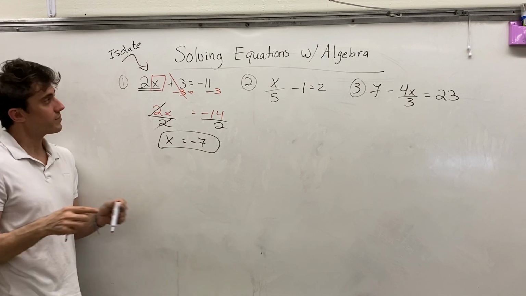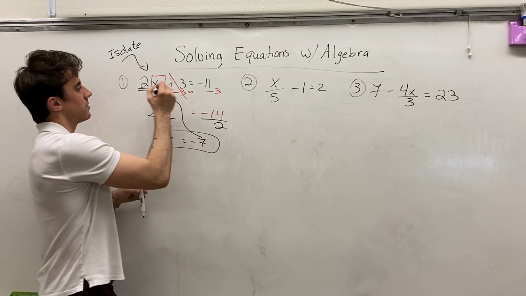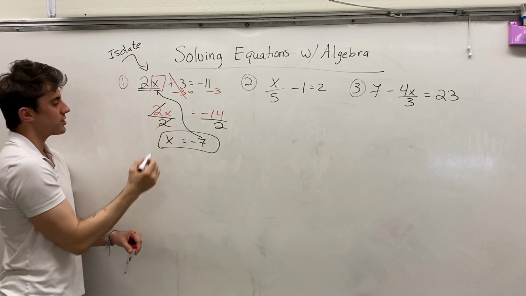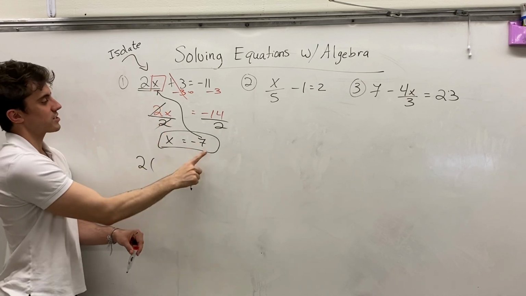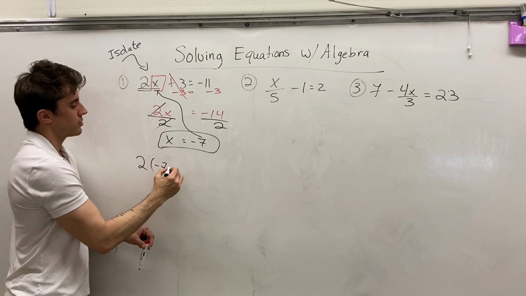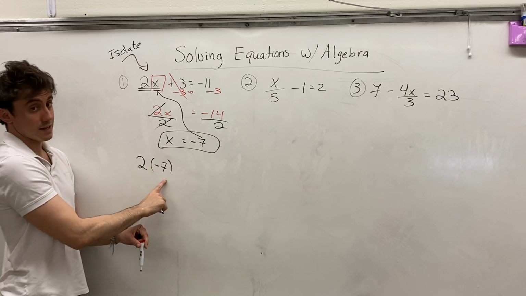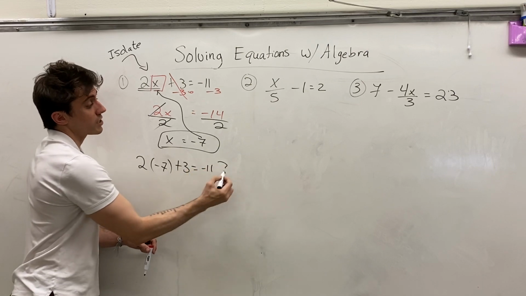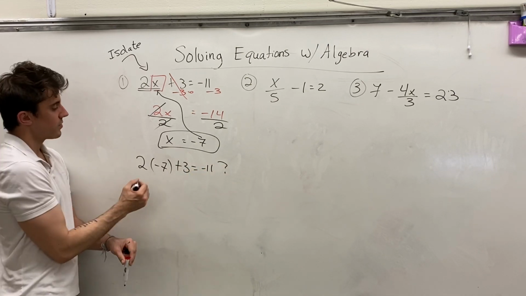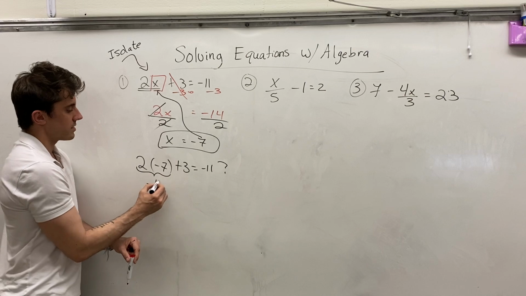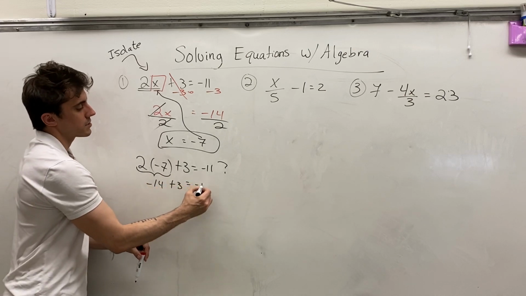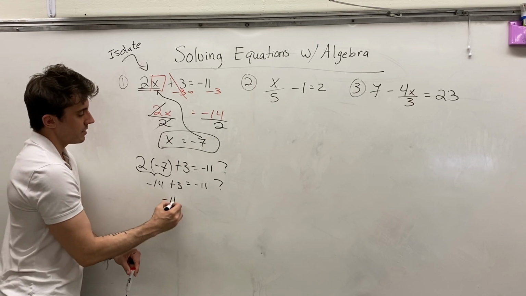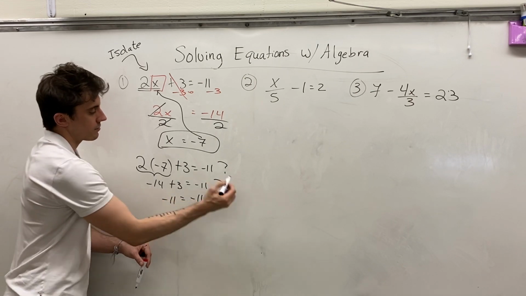Okay, and we're done. We can verify that this solution does work for our equation by plugging our solution back into our original equation. And so we replace the x with the value of negative 7. And so we have 2 bracket negative 7, that means 2 times negative 7, plus 3 is equal to negative 11. And we're checking to see if this does indeed hold. 2 times negative 7, that is negative 14, plus 3. And is that true? Well, absolutely. Negative 14 plus 3 indeed states that negative 11 is equal to negative 11,